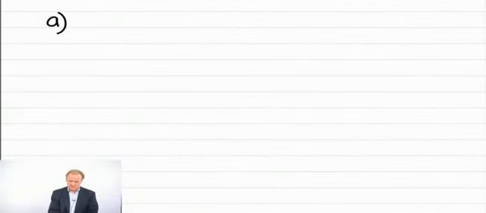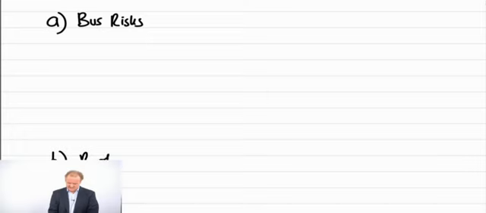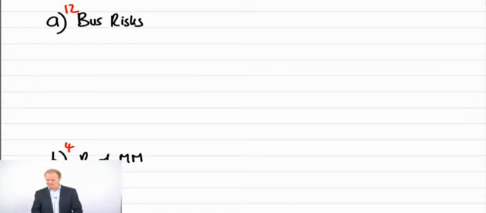So part A, we need business risks. Part B, risks of material misstatement, and I'm looking for 4 of those. I'm going to aim for about 12 of those. And then in part C,